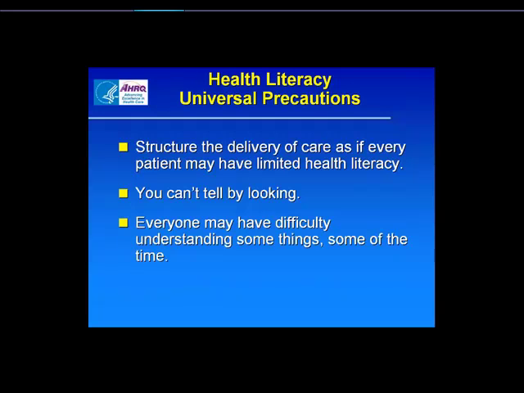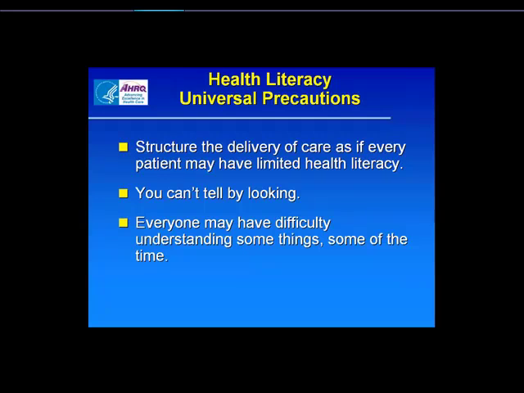So this presentation is put together about a toolkit that we developed to address health literacy universal precautions. And I just wanted to spend a moment explaining what we mean by universal precautions, because we stole this idea from the infection prevention field, where I think many of us will resonate about universal precautions that we take so that we don't spread infection.